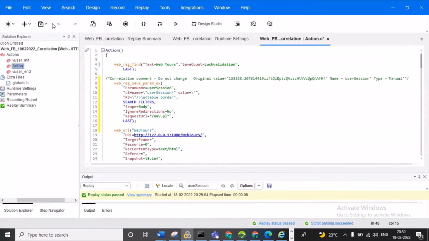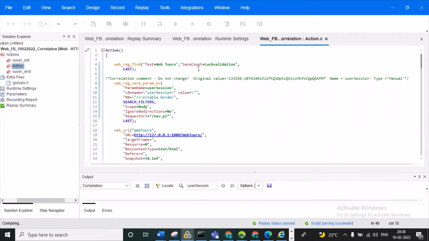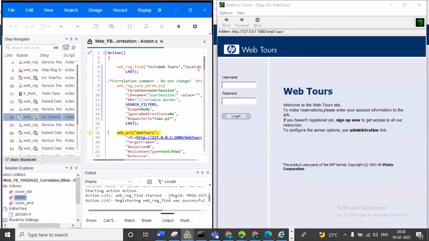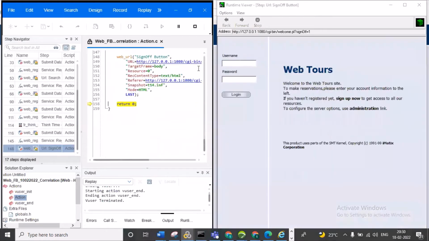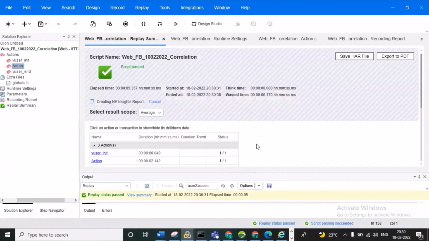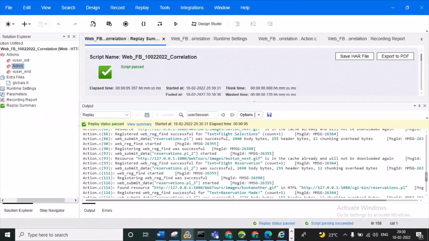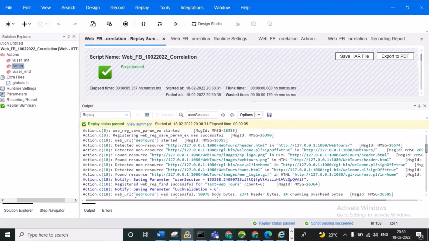Now we can observe whether this script gets the valid response page or not. We need to check. Now we can execute. Now we need to check whether the validation page is validated successfully.